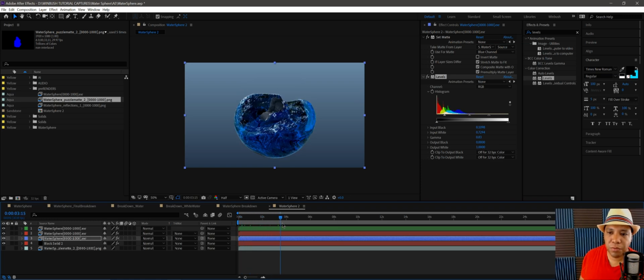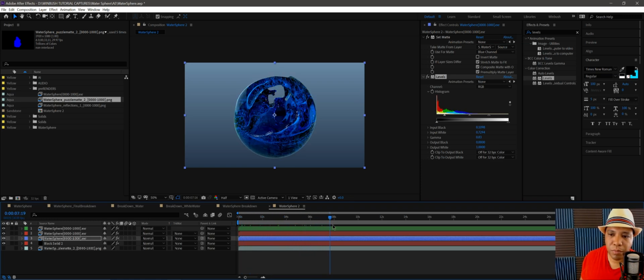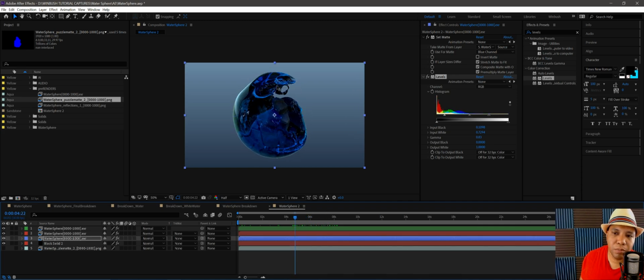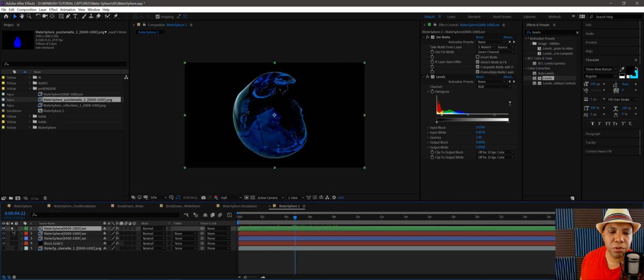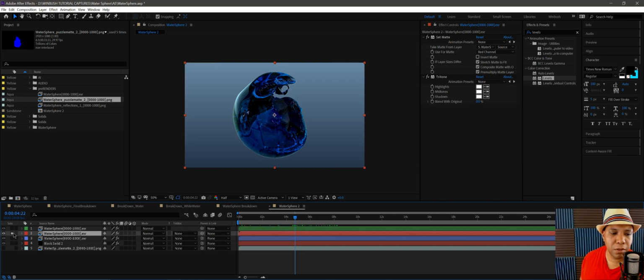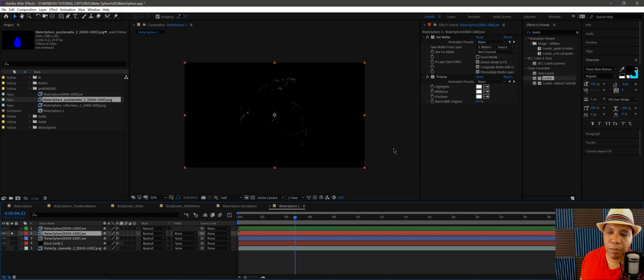If I play this through, it's already looking pretty decent. But for our white water, you can see each individual particle there, and I want to add some motion blur to it. So if I go down to my layer here, this is my white water. I have Real Smart Motion Blur,